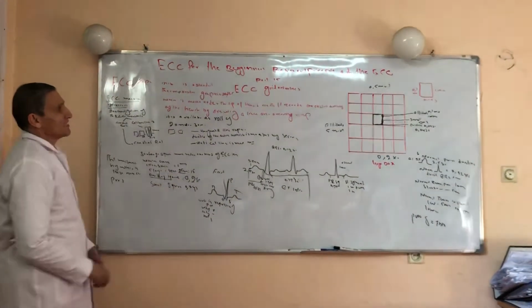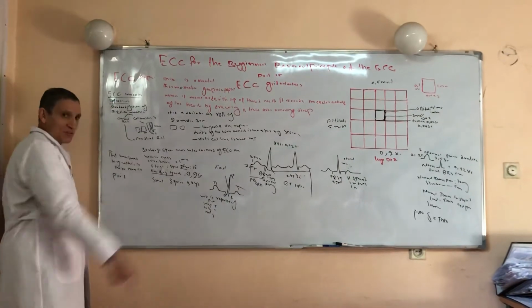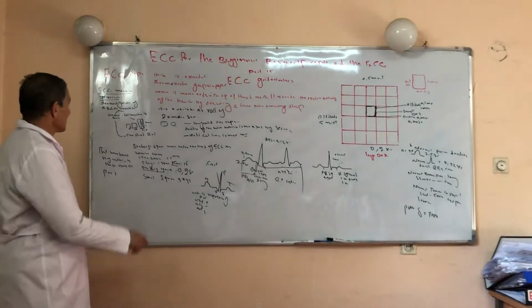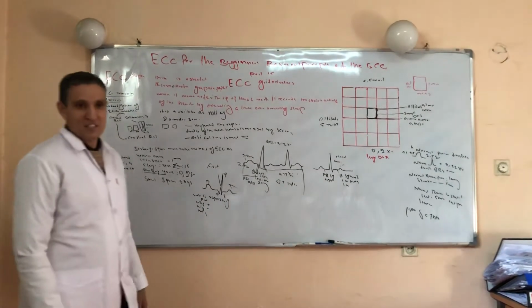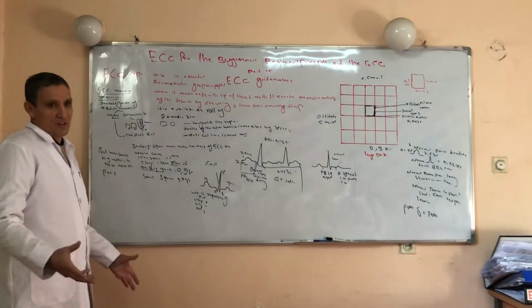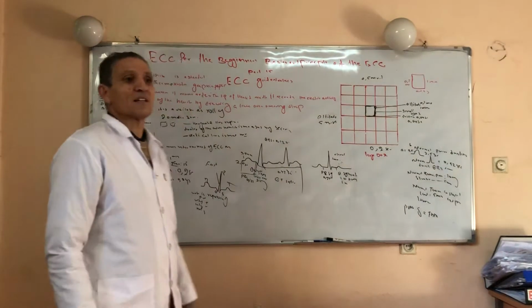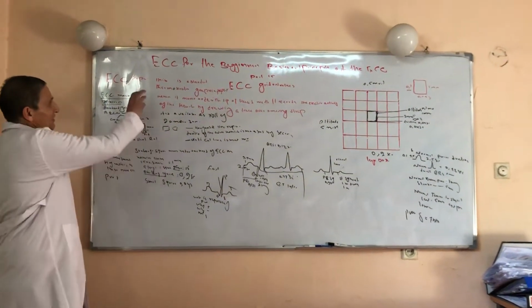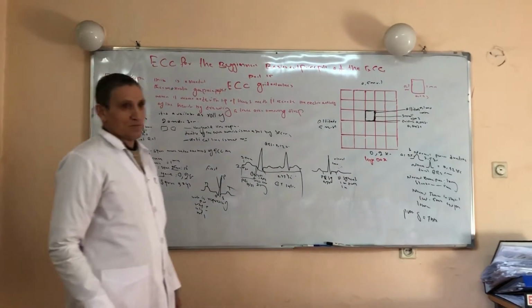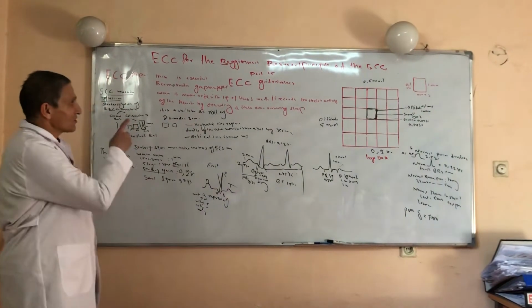Under the topic of the ECG grade and value, first we will discuss the ECG paper. Second, we will be discussing the ECG machines. And finally, if you have enough time, we will be discussing the normal value of the wave, segment, and interval. First, this definition is a little bit difficult, but after discussion, we'll solve this problem.